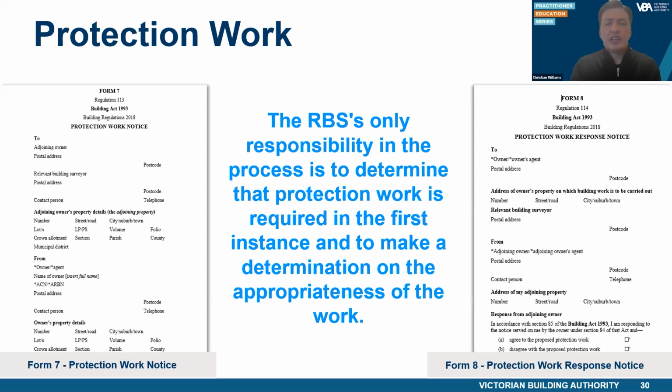The owner or the agent in company with the adjoining owner or their agent are also required to carry out a survey of the adjoining property and record in writing or by other means all existing cracks and defects. This is typically known as a dilapidation report. This report must be signed or otherwise acknowledged as an agreed record of the condition of the adjoining property.